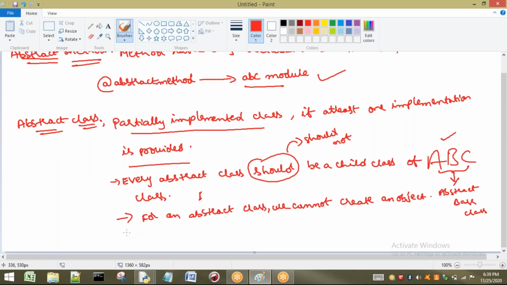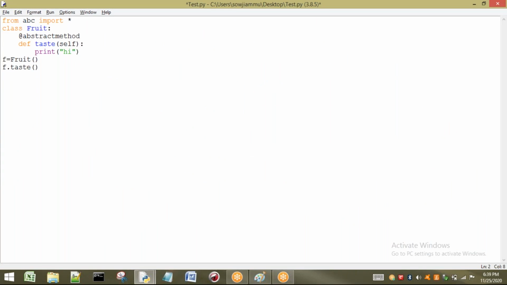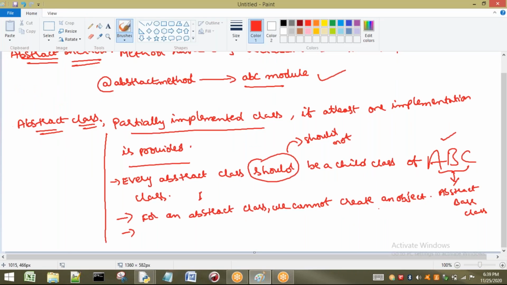Now the very important point I'm going to tell you, as it is an important point, I will write separately here. Now see, Python restricts, as I already told you, when it is going to restrict an object. Here it is not restricting. In this case, it is not restricting. But when it is going to restrict,